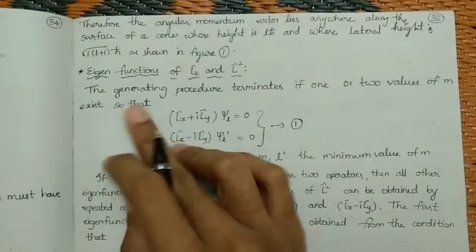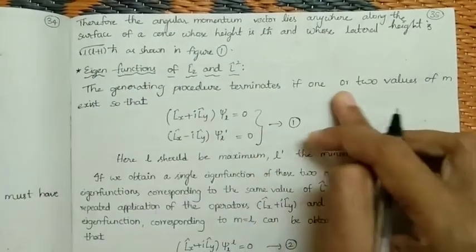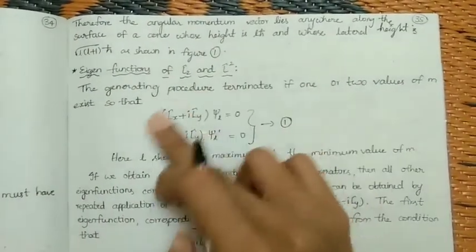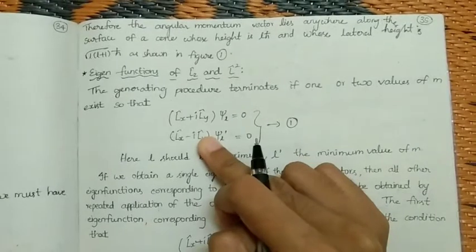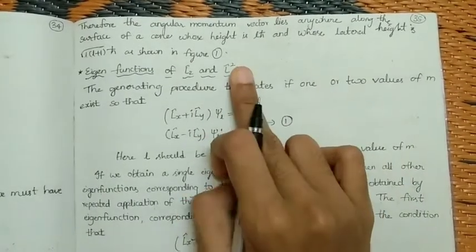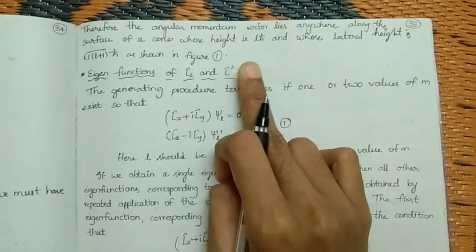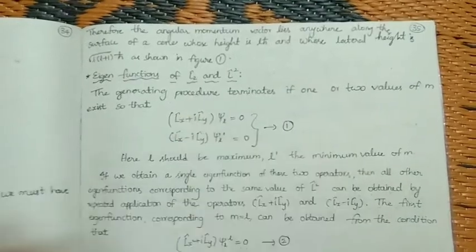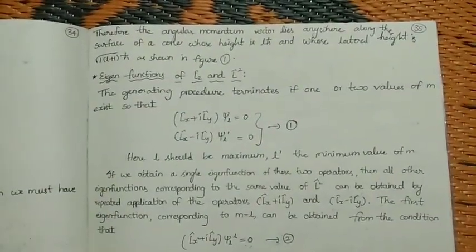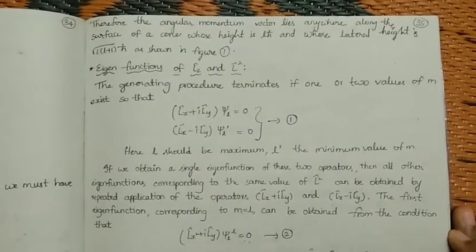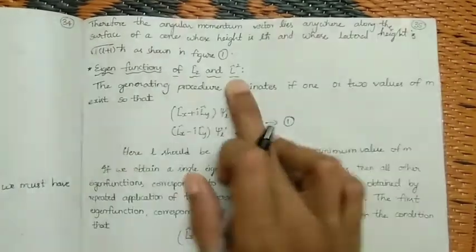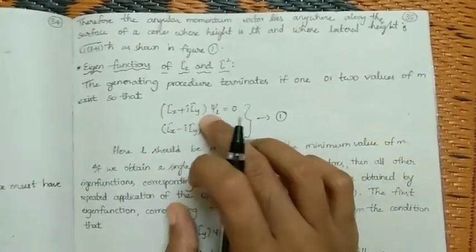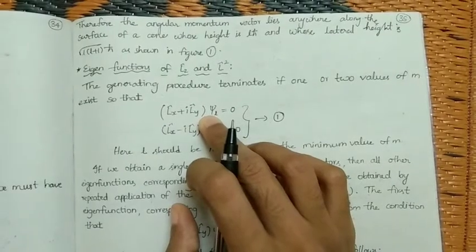So the generating procedure terminates if one or more values of m exist. This point has already been discussed in deriving the eigenvalue of L square, and also in the generation of eigenfunctions of Lz and L square, where these equations had been discussed. So for a given L value equal to 2,